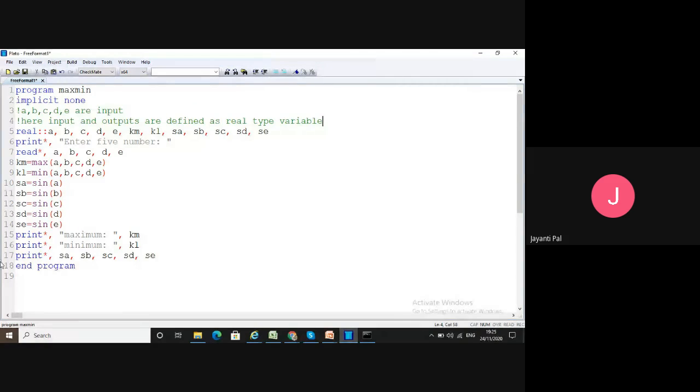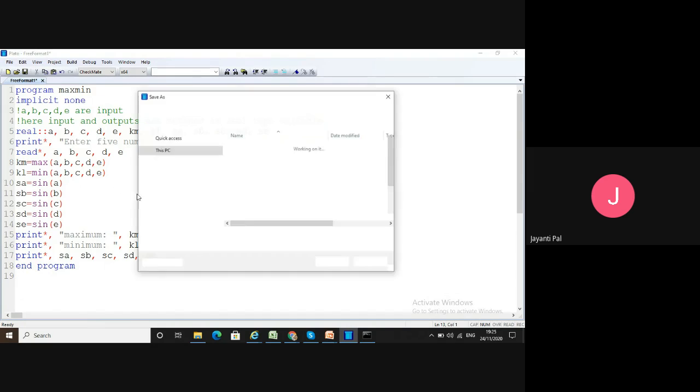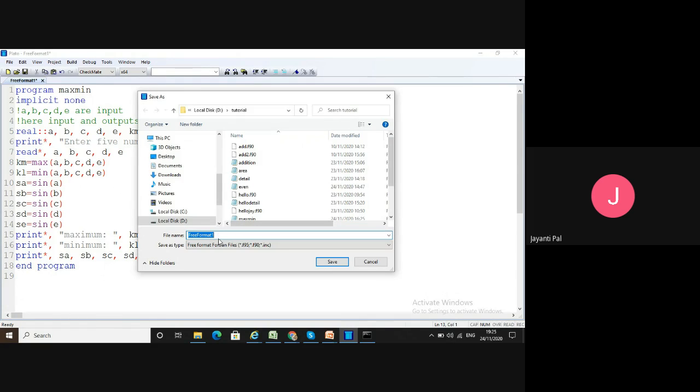Now, let's say within some programming you want to ignore some line, you want to ignore one line. So just put an exclamatory sign before that particular line so that the line is not readable or executable by the program. So in this way, you can also ignore some line in the program. So let's see how this program will look when I'm running it. What are the outputs and how do they look?